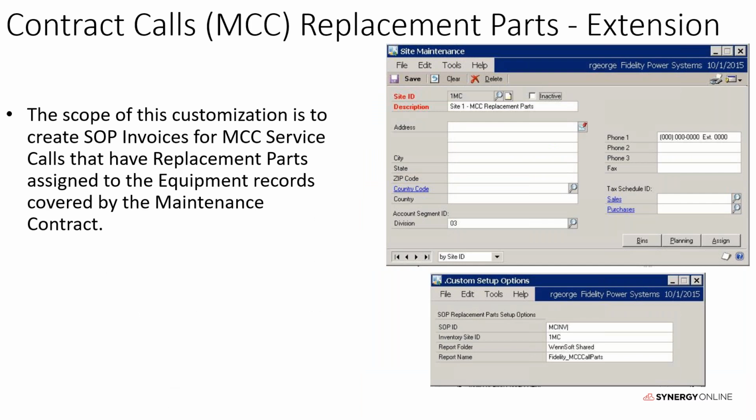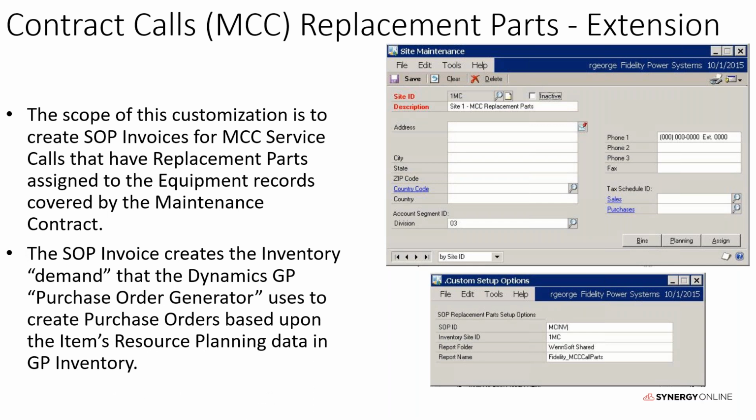Next, let's talk about another extension that we have, which is our contract calls replacement parts. Now, this is an extension that was created for Fidelity Power Systems. Fidelity Power Systems are a Kohler generator dealer, I believe. And so the common parts that are used for a specific model, there's a setup option on the equipment window to add those replacement parts. So when all those replacement parts are added,